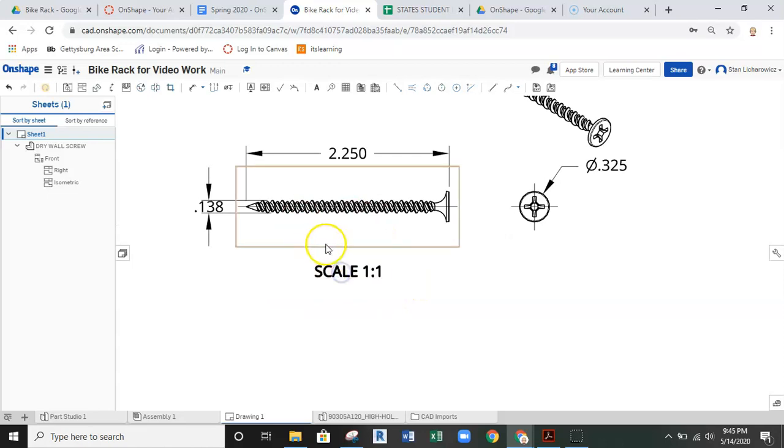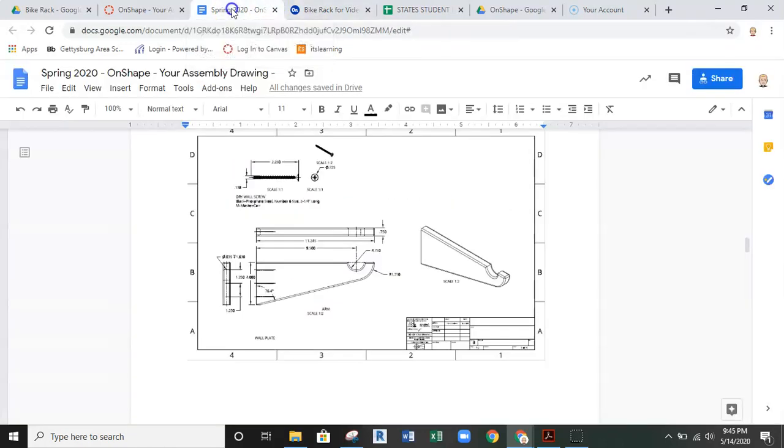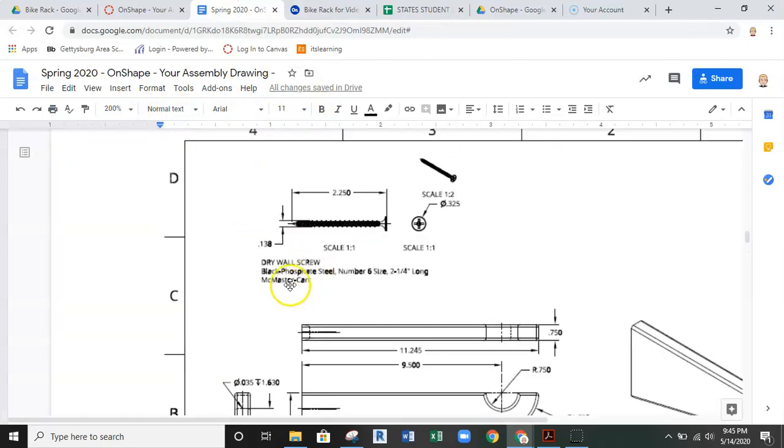So one of the last things we'll do here is we're going to add a note for this fastener, and what we can do is just zoom in here and take a look at the note. It says drywall screw, black phosphate steel, number 6, 2 1/4 long, McMaster-Carr. All right, so we can go ahead and get that information put in